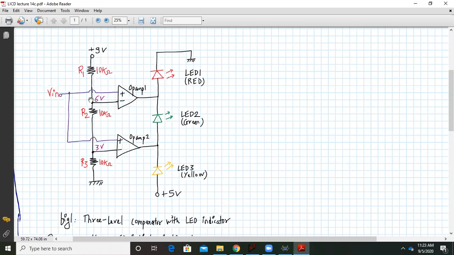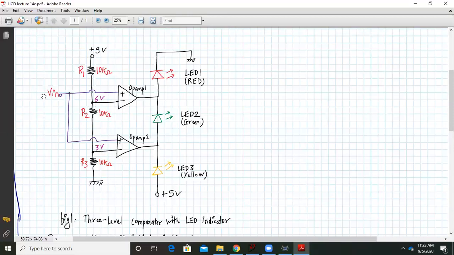How? It will be 20 kilo ohms divided by 10 plus 10 plus 10, that will be 30. This is a simple voltage division rule. And here we get around 3 volts, which is again 10 kilo ohm divided by 30 kilo ohms into 9. So that will be around 3 volts. So automatically from the 9 volt supply we are getting 6 volts and 3 volts.